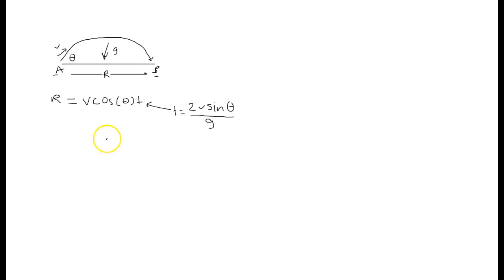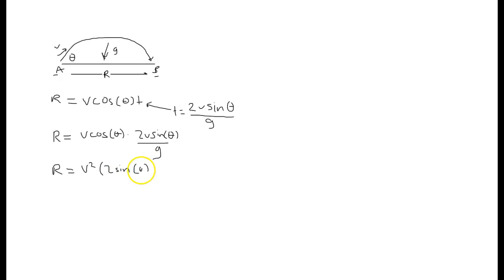When we plug that in, r equals v cosine theta times 2v sine theta over g, and when you multiply those together, you get r equals v squared times the quantity 2 sine